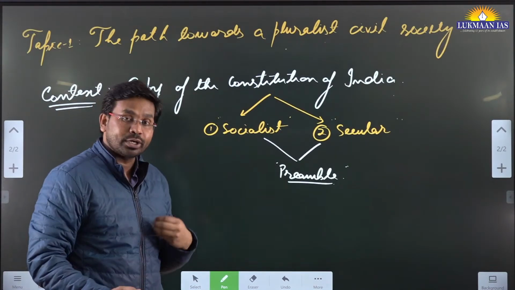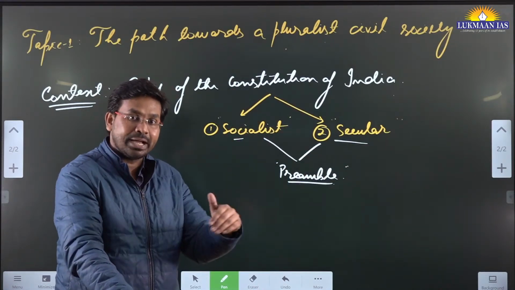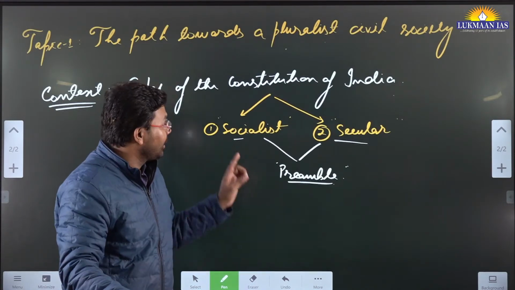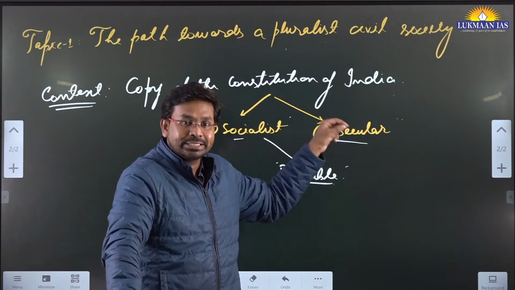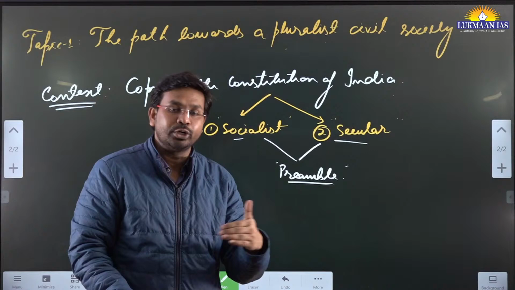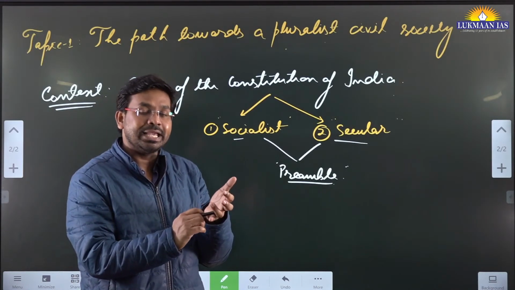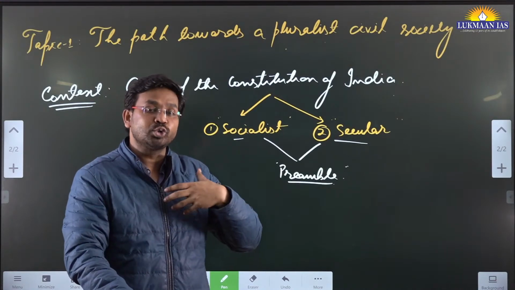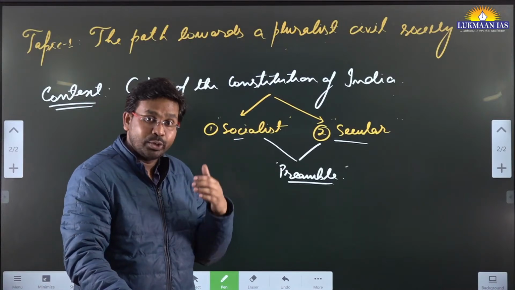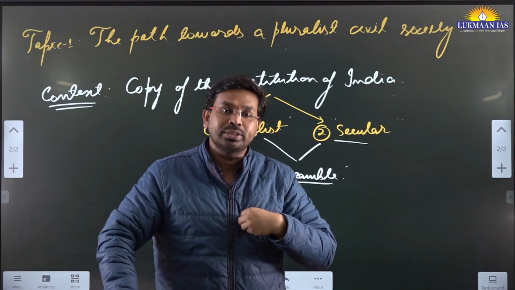If we talk about the importance of these words, socialist and secular, they were added into the Constitution of India by an amendment, long back, I think the 42nd Constitution Amendment Act. Secular means the state will not interfere in the religious affairs of any community, maybe Hindu, Muslim, Christian, Sikh, or people who follow Judaism, Jews and Anglo-Indians and all. In India, we have many people who follow different religions according to their own faith.